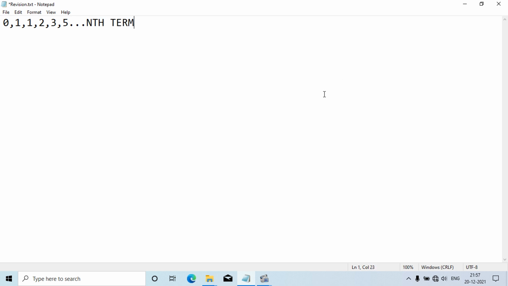As you can notice, I have given a comma in between the numbers here. So you need to be careful with these symbols. Now if you see these commas in between the numbers, it means you have to print the series. Always remember that. You have to print the series. So this is known as Fibonacci series.